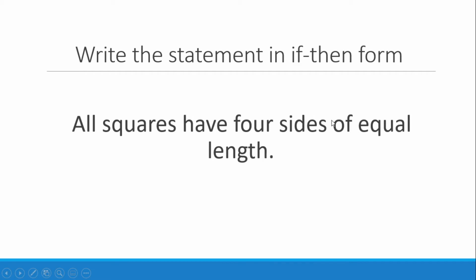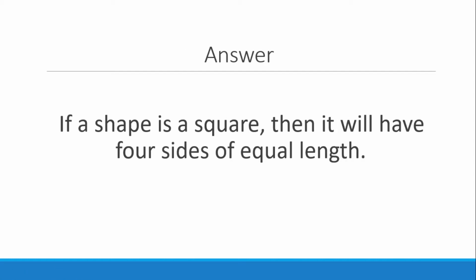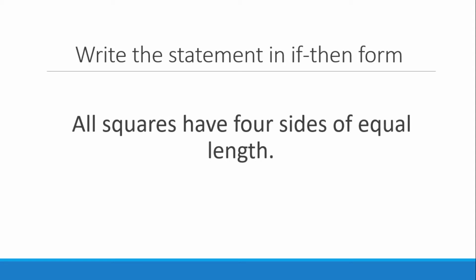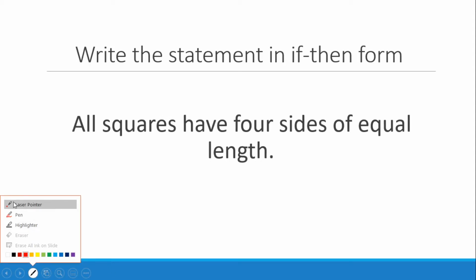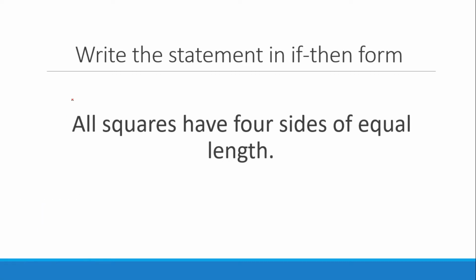Now this one doesn't look, there's no if, right? So you're going to actually have to interpret it a little bit. So if a shape is a square, then it will have 4 sides equal. So actually, the if is kind of implied right here. If it's a square right here,